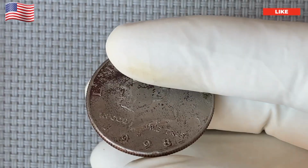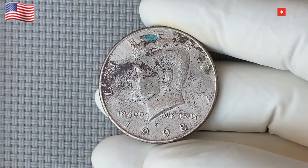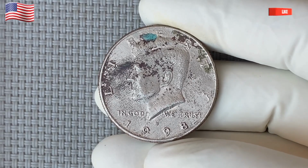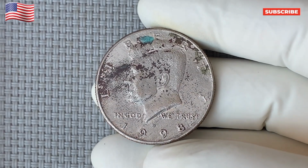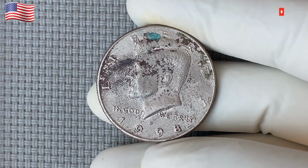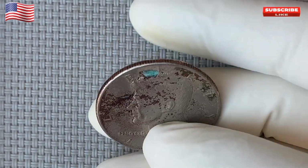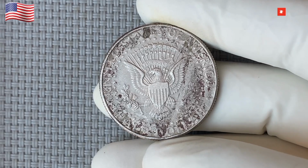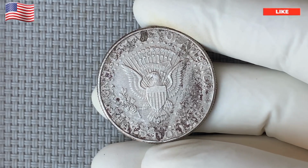The market for these coins has surged in recent years, and their value has seen a dramatic rise as more collectors seek them out. The 1998 Kennedy half-dollar, especially those in mint state or proof condition, can fetch an impressive price. And in some cases, this coin has been known to reach extraordinary amounts at auction, where collectors compete for the opportunity to own such a rare piece. In fact, one of the rarest examples of the 1998 Kennedy half-dollar has sold for as much as $180,000. This amount is a testament to how much collectors are willing to pay for these exceptional pieces